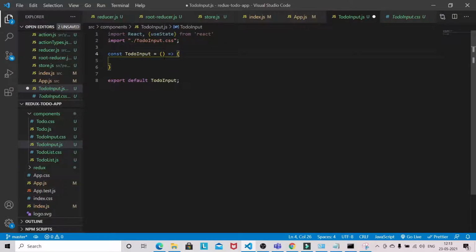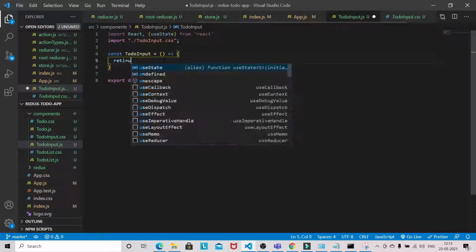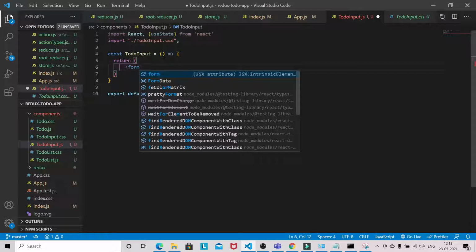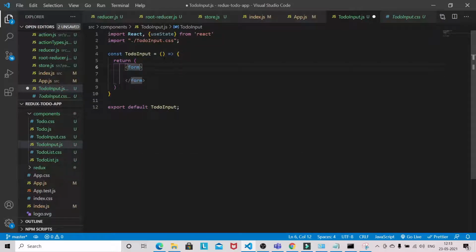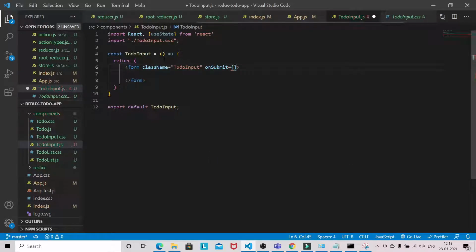So I'll just create an input field. ClassName todo-input, onSubmit handleSubmit.